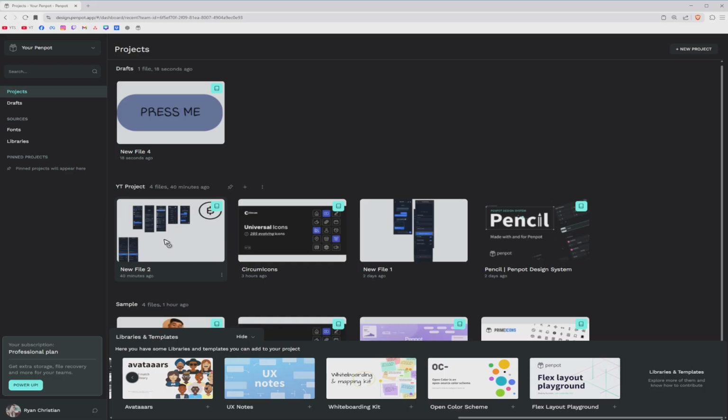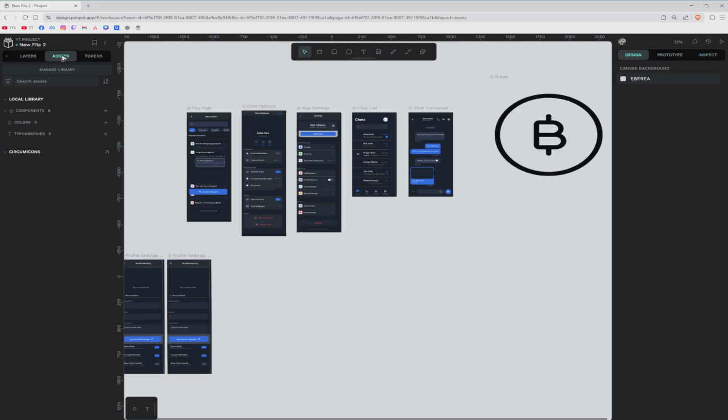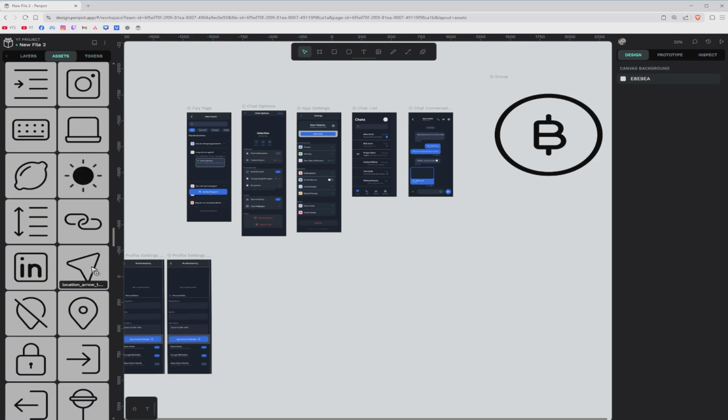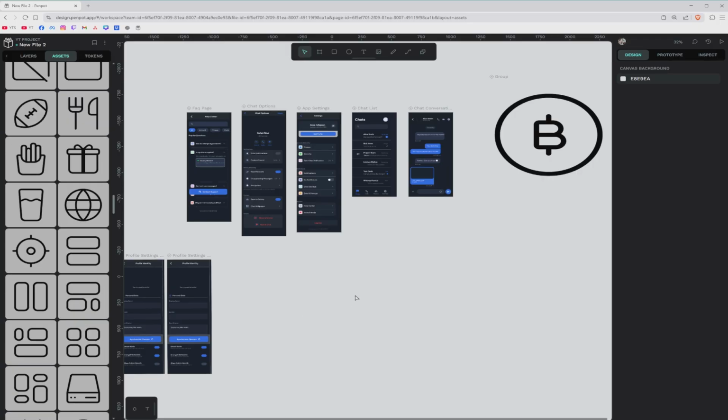So maybe this one, just for example, assets, Circum Icons right here. Maybe I have buttons. I don't think so. Okay, once you have added your library, you can just go ahead and drag and drop and use an icon as a